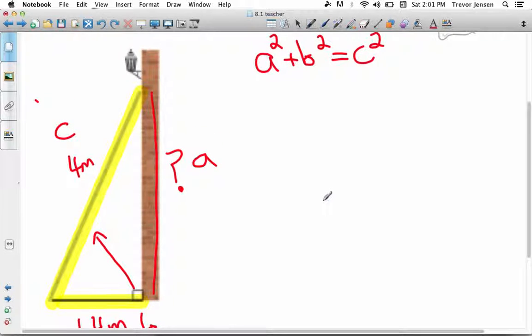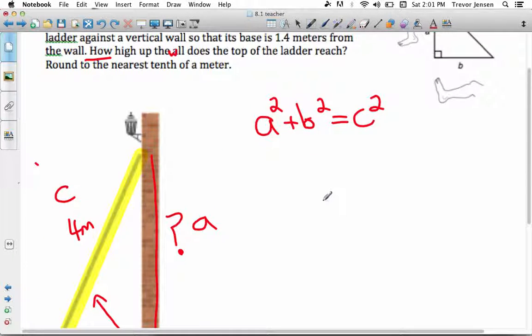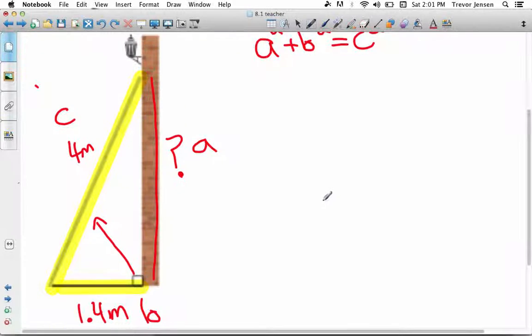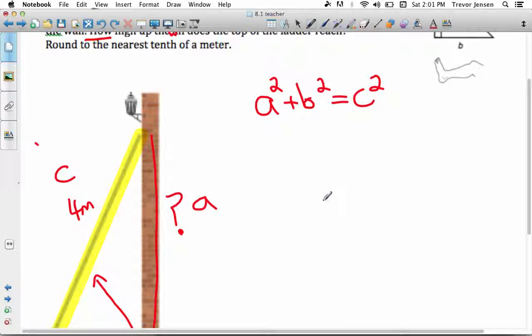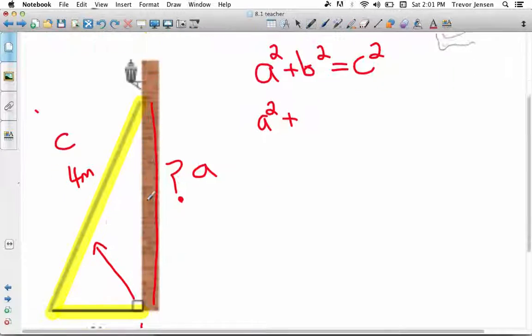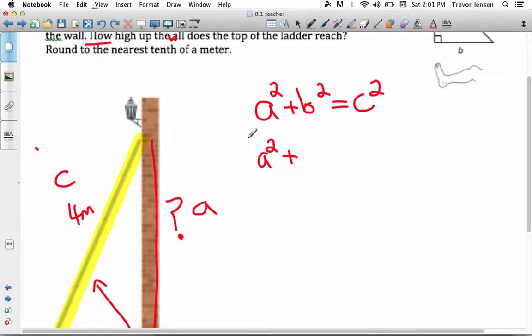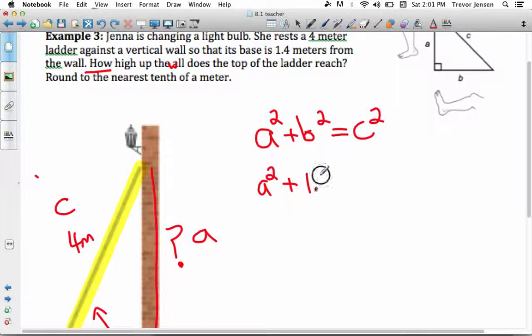So, plug in everything that you know. There are 3 variables in the equation. I know 2 of them. I'll be able to solve for the third. I don't know a, so I can't plug in for a, so I'll leave a squared there. I do know b. b is 1.4, so I have 1.4 squared is equal to c squared, and c has a length of 4, so 4 squared. Now what I have to do,